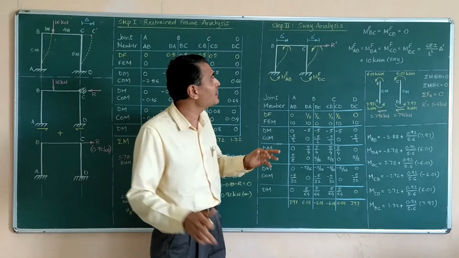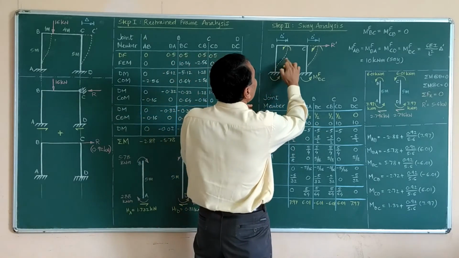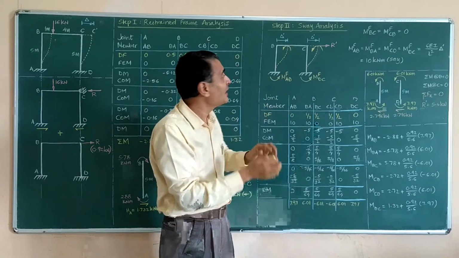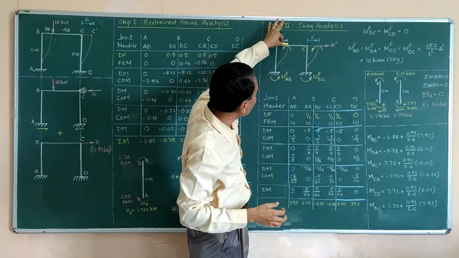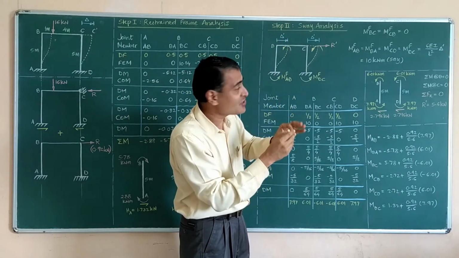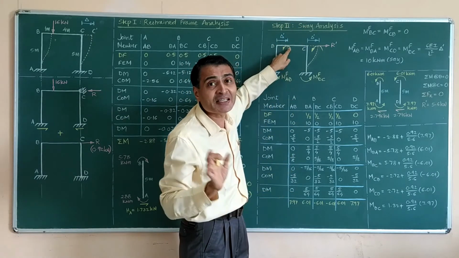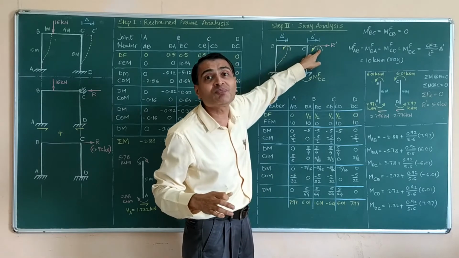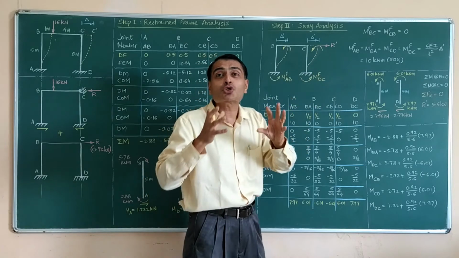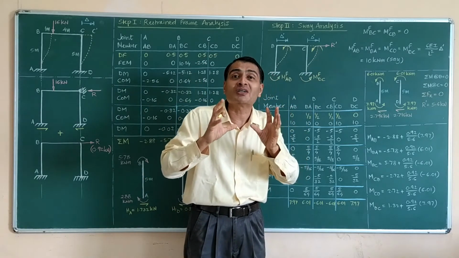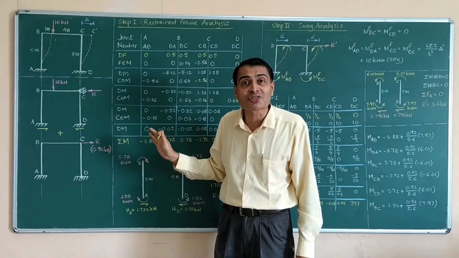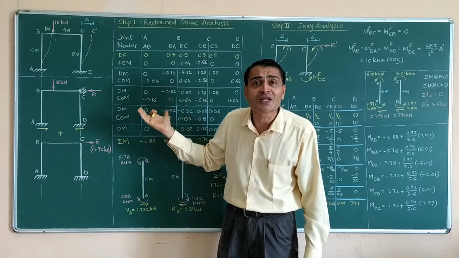See what we are assuming? We are assuming that only member AB and member CD are deforming, and member BC is simply translating rightwards. That is, there is no slope theta B or no slope theta C. See, this is superposition. Whatever slope we have to consider has already been considered here, theta B and theta C. It is incorporated in this analysis.